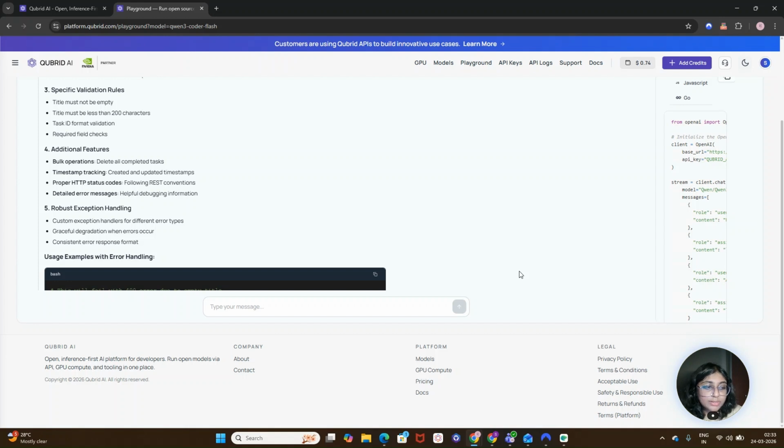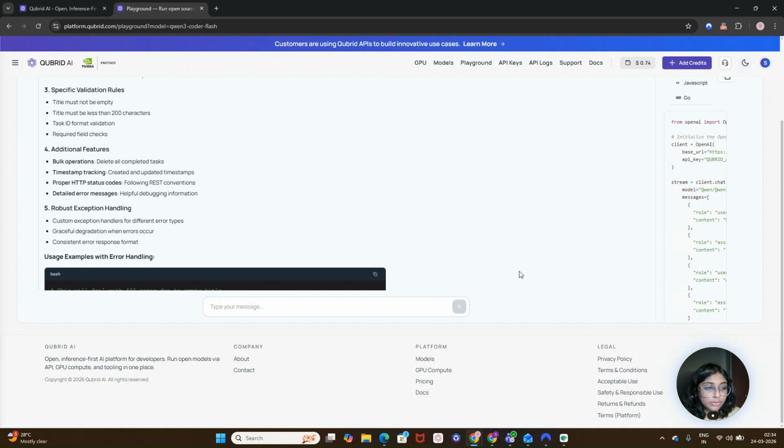So you can remember it in this way: the Quencoder Flash model supports speed, when you need code generation without any latency. Then you can use the Quencoder Plus model if you want some balance between speed and code quality.